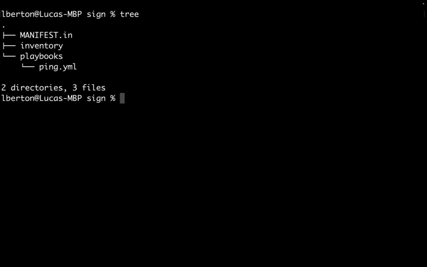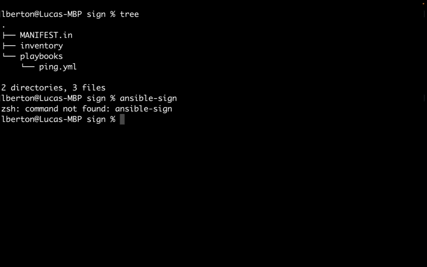Okay, so let's say that we would like to start the signing process using the ansible-sign command, and most of you are going to see this result, command not found, because it's a fairly new utility, so not present in the current installation of Ansible. There are different ways of installing it. I prefer to use pip install